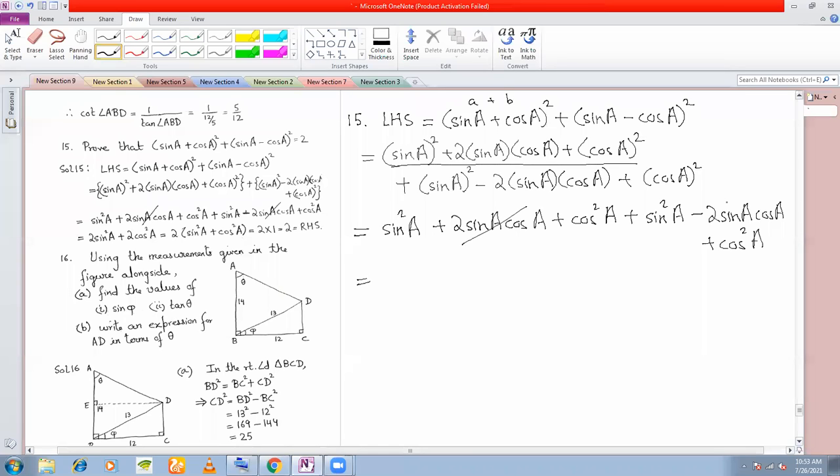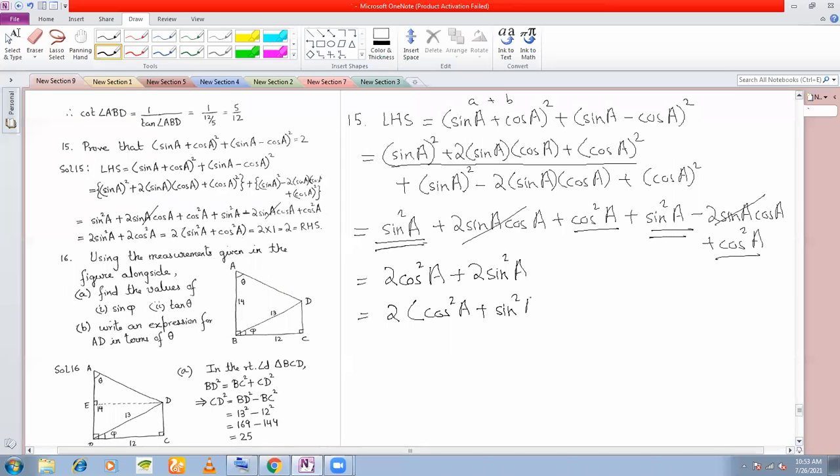So now if you see, this and this cancels here. Plus 2 sin A cos A and minus 2 sin A cos A. So what are you left with? You are left with cos² A plus sin² A. Take them together, in fact, you are left with 2 cos² A's. So you have cos² A here and you have cos² A here. So you get 2 cos² A. And you have sin² A here. These two, take them together, you get 2 sin² A. Now take 2 common, you get cos² A plus sin² A.